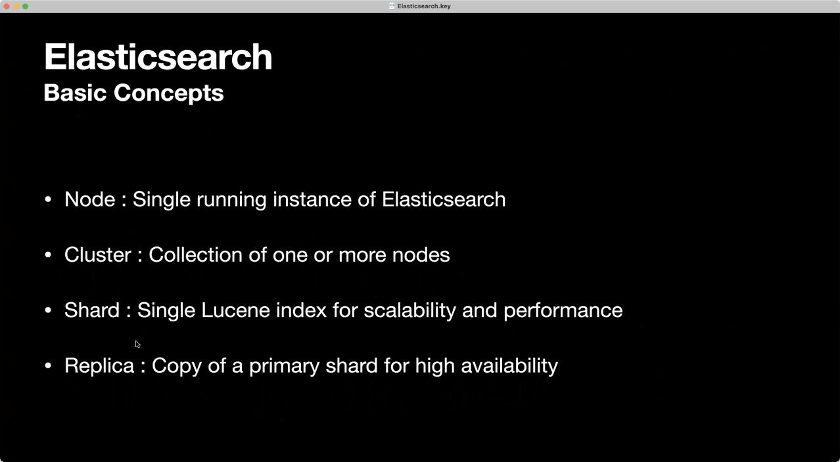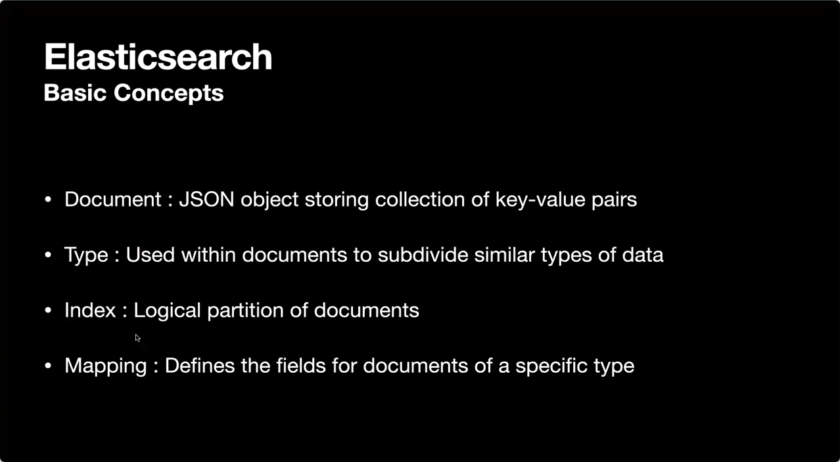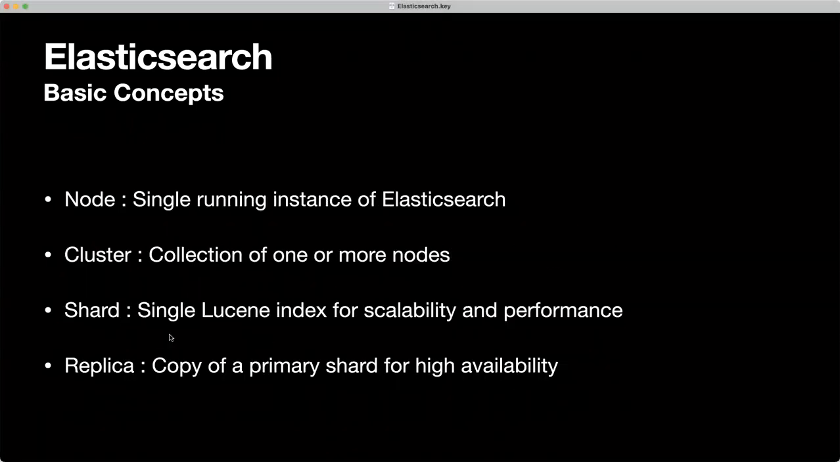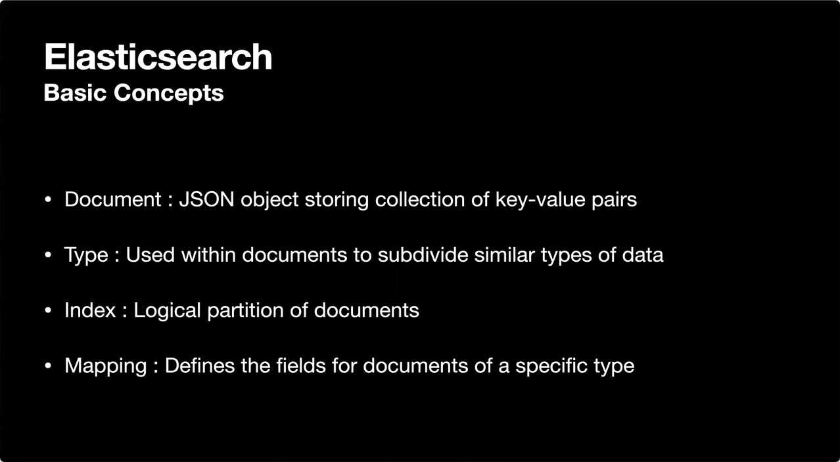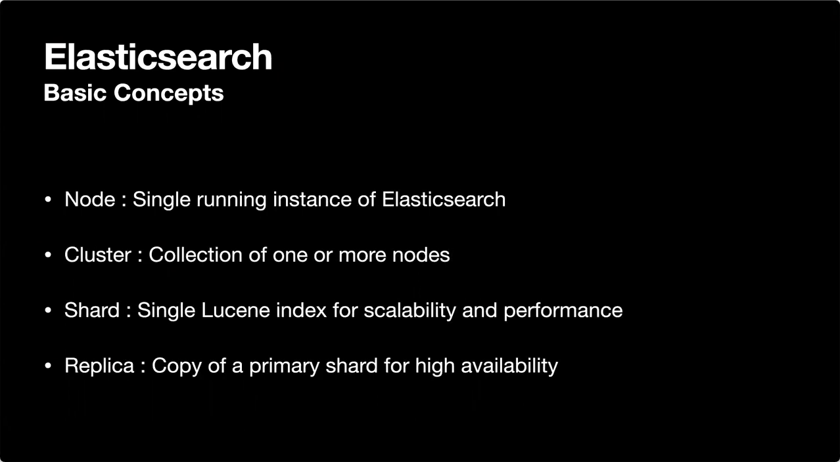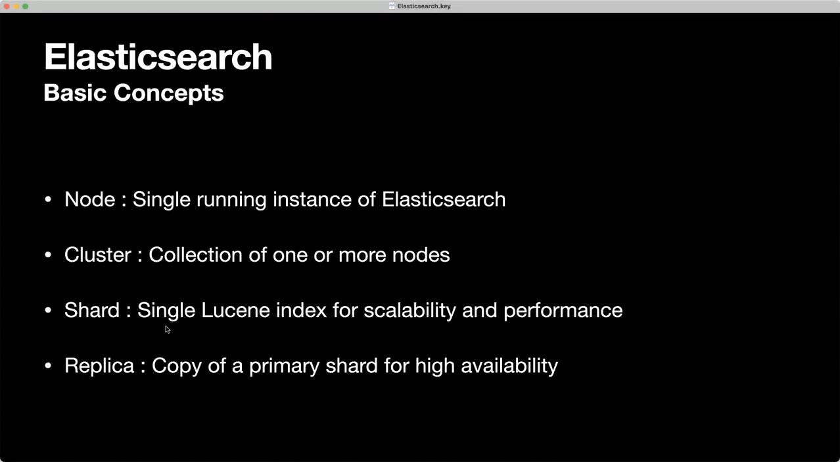A shard is a single Lucene index, and it helps provide scalability. The index that we talked about in the previous slide is the logical partition of documents, and each index could have its data divided across multiple shards. There's no limit on the number of documents an index can have. You can have millions and billions of documents, but that data may not fit on one single node. So to be able to scale horizontally,